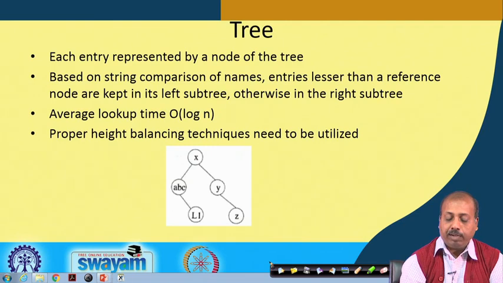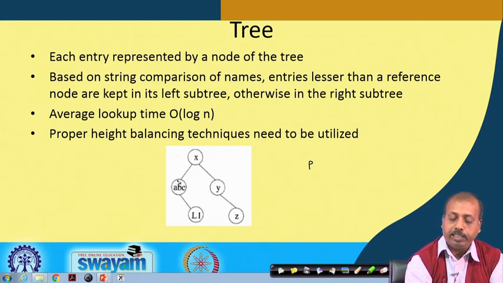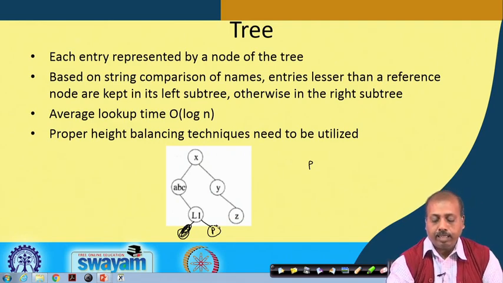Now, if we have a new symbol coming, for example, suppose there is a symbol say P. Where will it go? P is less than x, so it will come to the left subtree of x, then it is ABC. P is greater than A, so it will come to the right subtree. The right subtree has this L, and P is greater than L. So, P will come at this point, K L M N O P. P is greater, so P will come to the right subtree.